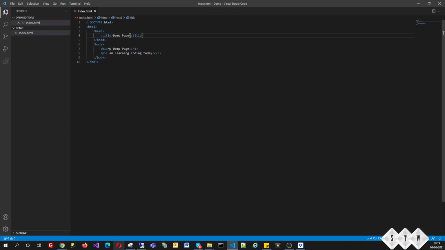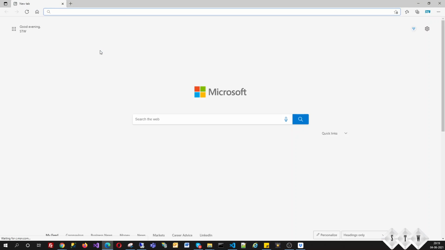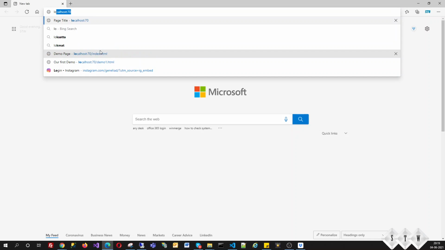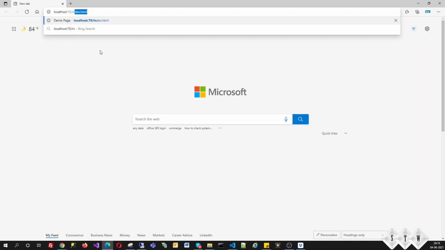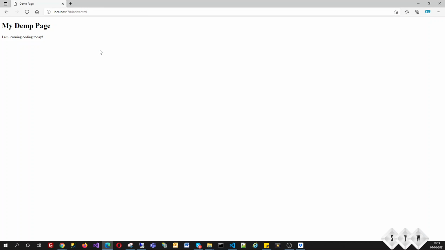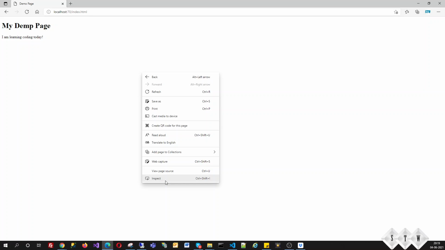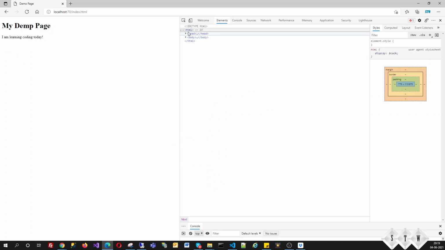Let me open it in the browser, so you can see localhost and index.html. You can see whatever I added in VS Code is loaded in the browser. We can check the source code, and you can see document type, HTML, head and body.